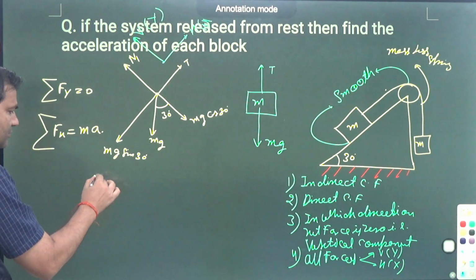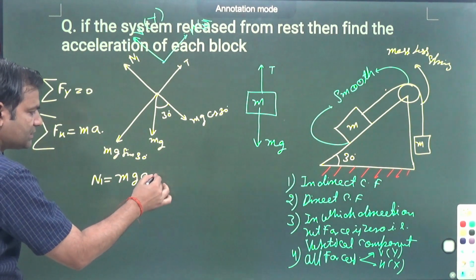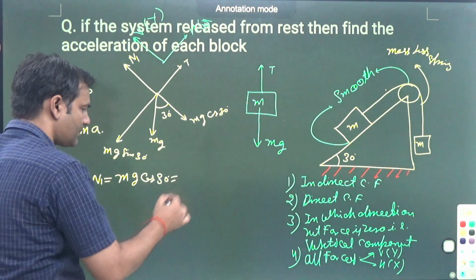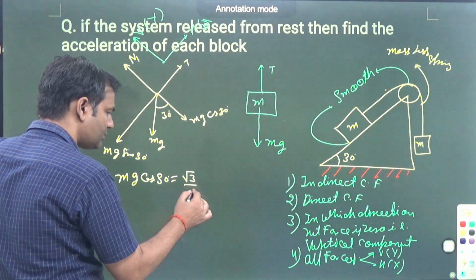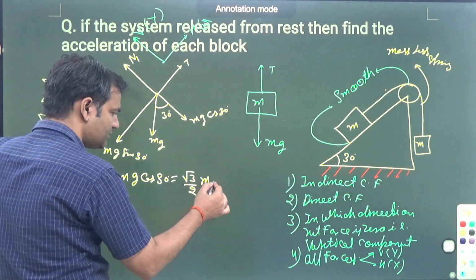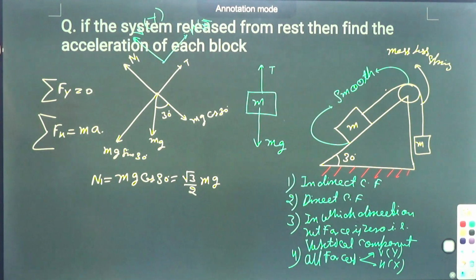N1 is equal to mg cos 30. Cos 30 is root 3 by 2. So m into g, that is N1. Clear or not? Now next one,